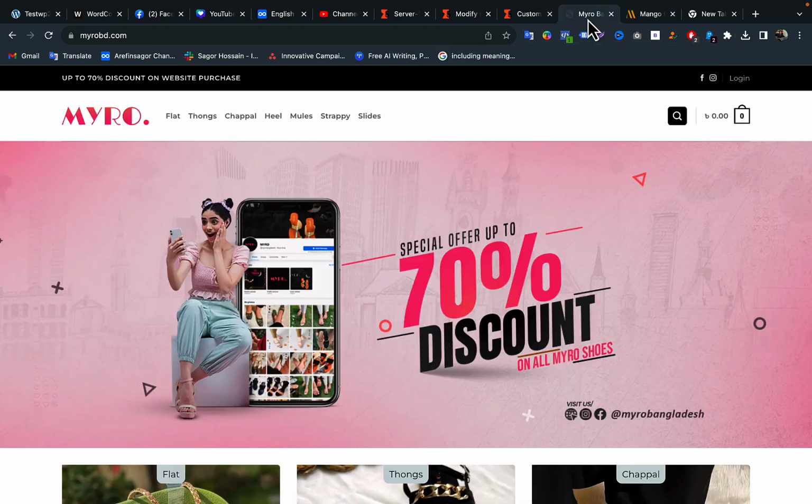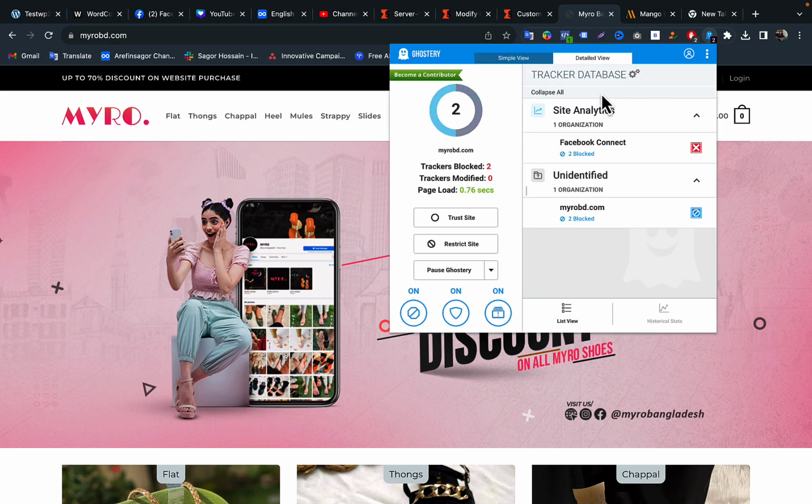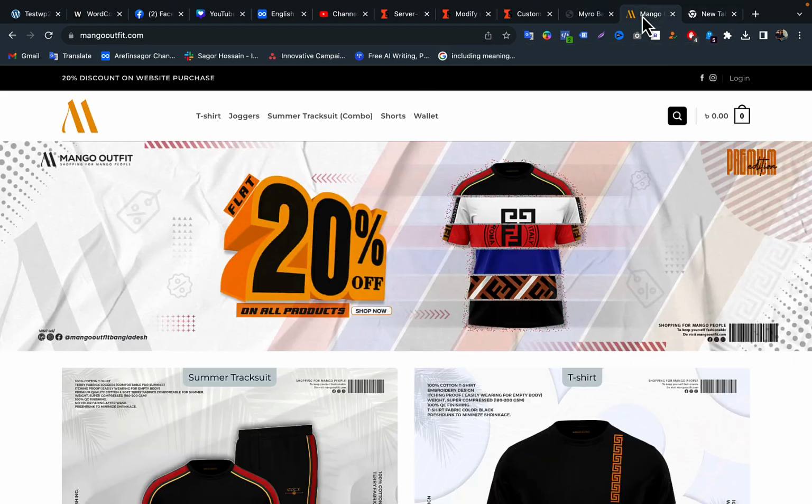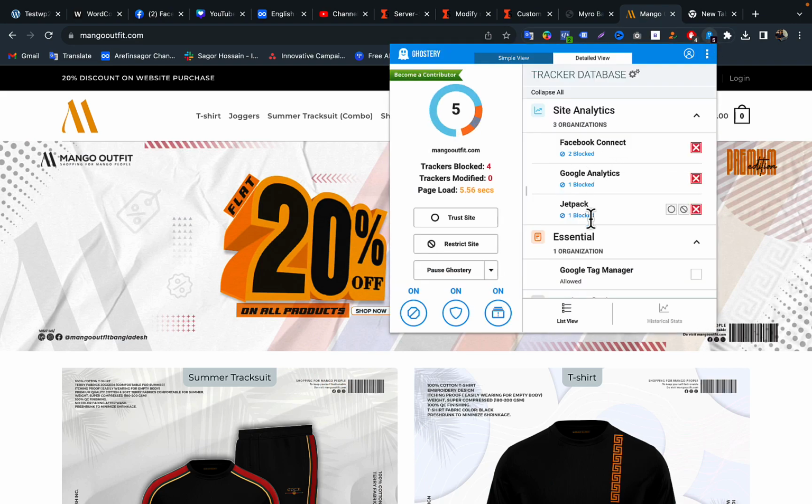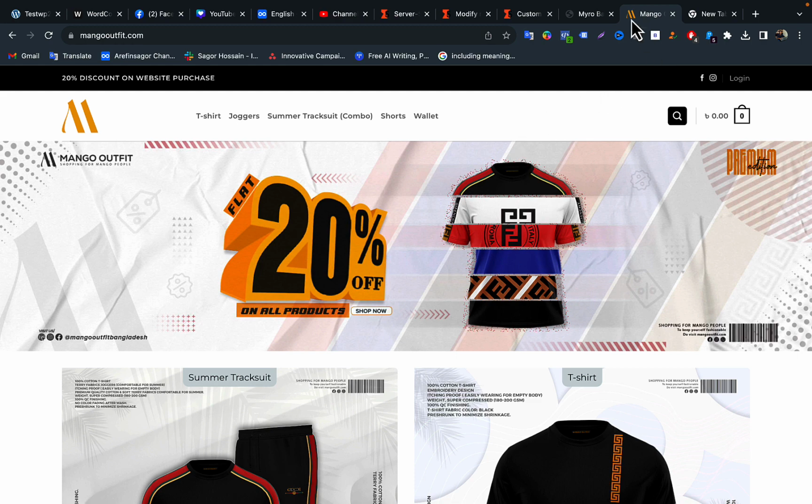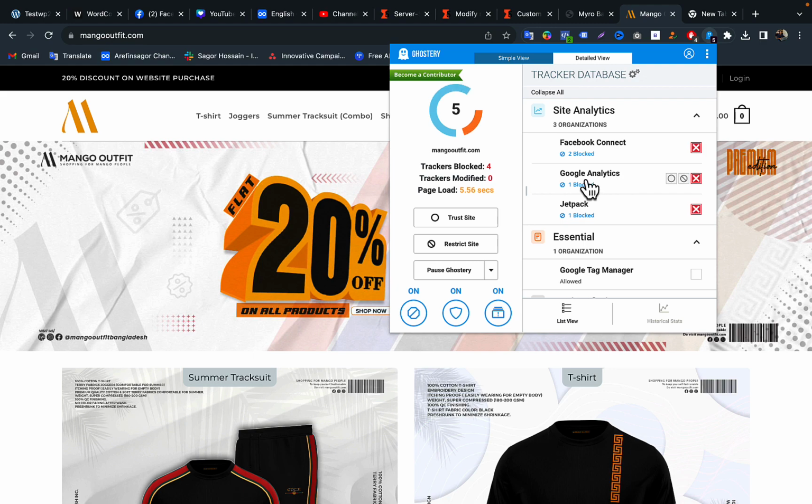Also, if we check myrovideo.com, here you can see if I click on the Ghostery icon, then no Google Tag Manager and Google Analytics is detected on this website. They just blocked Facebook and other tracking related things, but they can't track this Google Analytics and Google Tag Manager. So in this video I will show you how we can bypass this Google Analytics and Google Tag Manager